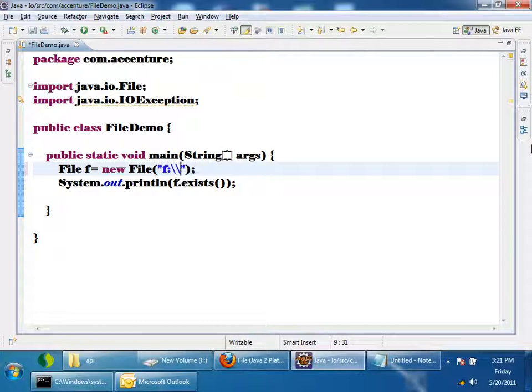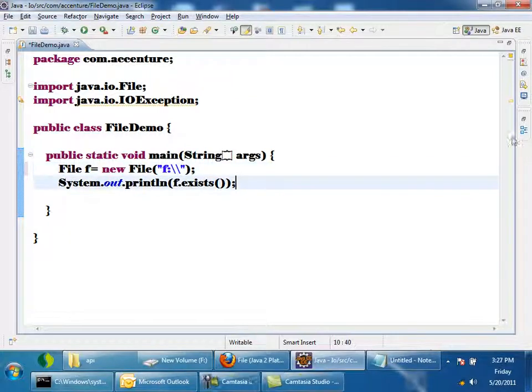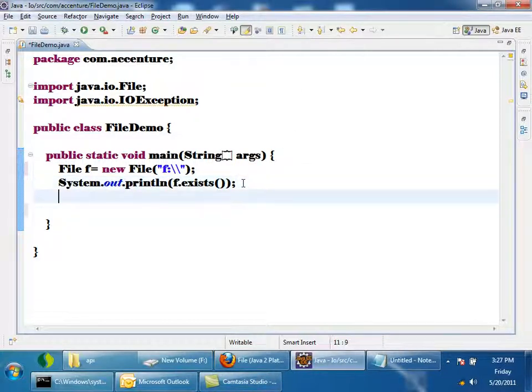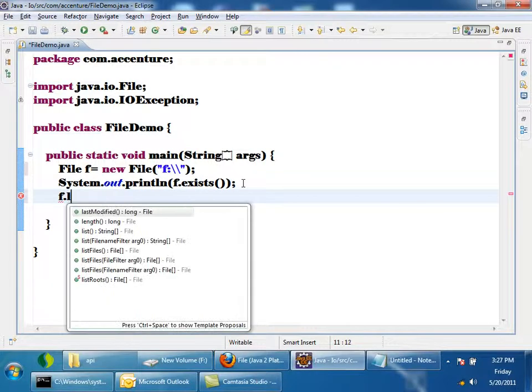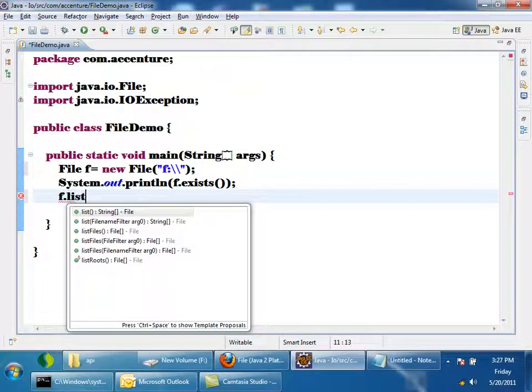f.list will return a string array. The string array will contain all the file names. Iterate over that array and print all the file names present inside the F directory. I want you to list all the file names. So I told a method called f.list. List is returning a string array of all the file names.